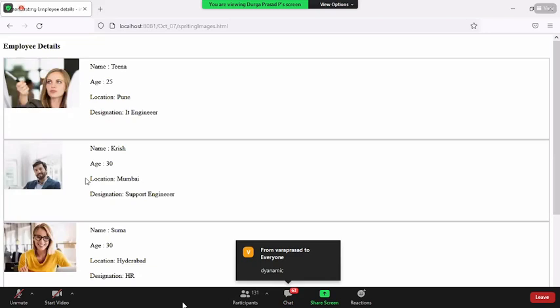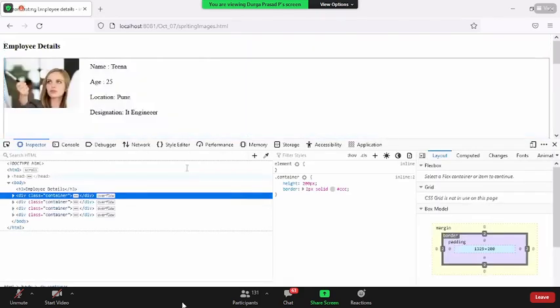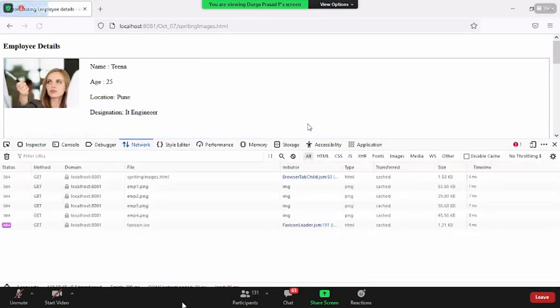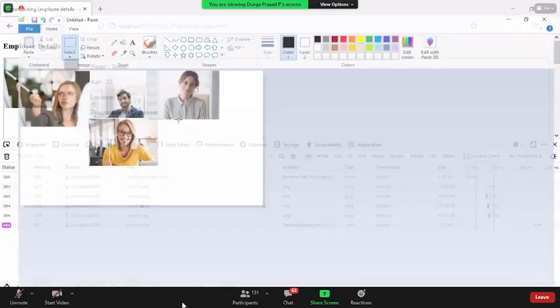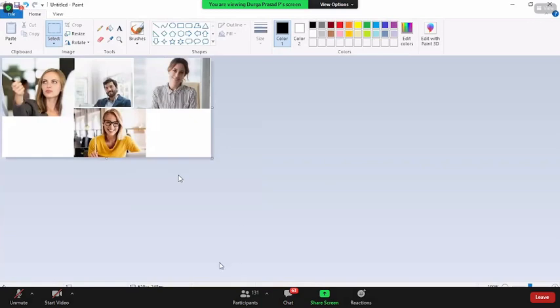Fine. Now the next question: when you know that these are static images which are not getting changed at least for some time, why are you using them like this? Inspect this, go to the network tab, reload the page. How much time am I taking? 8 plus 7 is 15, 15 plus 7 is 22, so 23 milliseconds of time to load the images. I mean, 4 images. Instead of going for 4 individual images, as those are static, why don't you combine all the images and create a single image out of it?